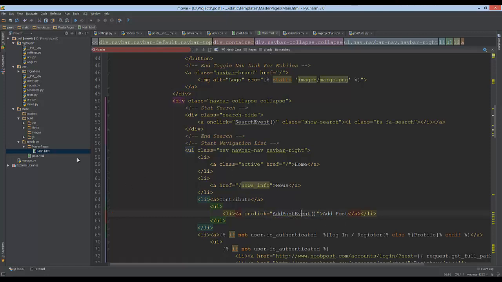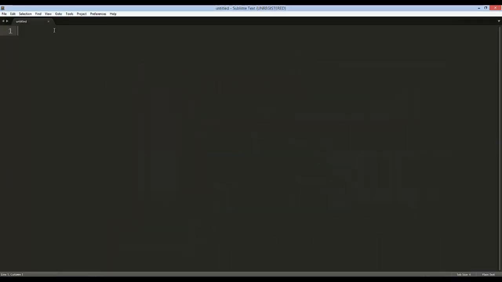And what I wanted to do is pop up a modal and then have the modal be the form that they fill out, which then gets submitted to the API through an AJAX call. So what we need to do is go ahead and create our React file, and I'm going to do that like I said, using this text editor here. So I'm going to go ahead and save this as